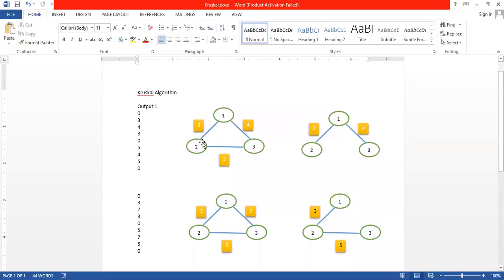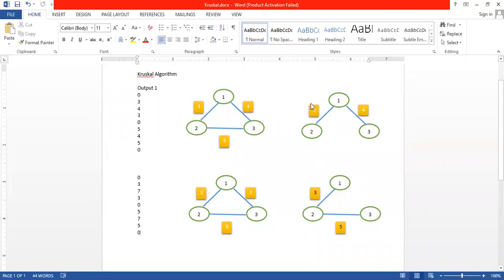Now we saw generating the minimum spanning tree, and we also saw it using Prim's algorithm. Prim's algorithm and Kruskal algorithm are both used to find the minimum spanning tree, but the logic is different. In Prim's algorithm, we need to specify the source vertex, and from the source vertex we move on identifying the other vertices to generate the minimum spanning tree. In Kruskal algorithm, we need not specify the source vertex.